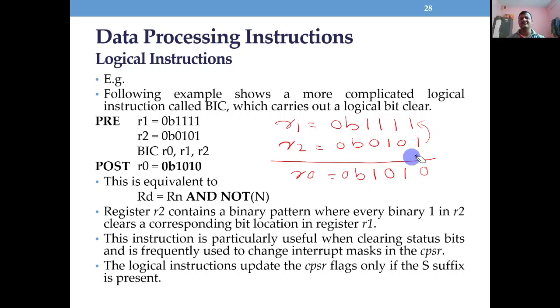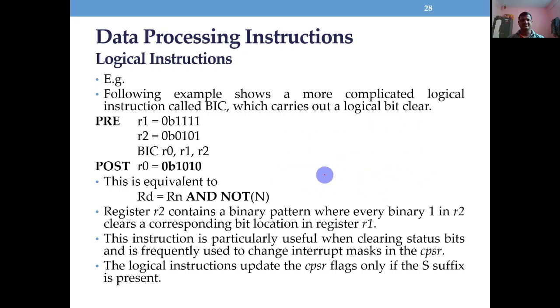If I make a small change in this, if you write 0011, these two bits become 00 and all the rest become 11. So whichever corresponding bit you want to make 0, that bit position has to be set to logic 1. Now you can even make this one 0, and this will be the answer you get. Only the LSB becomes 0, and the rest all remain the same. This is the answer for that. This is bit clear.